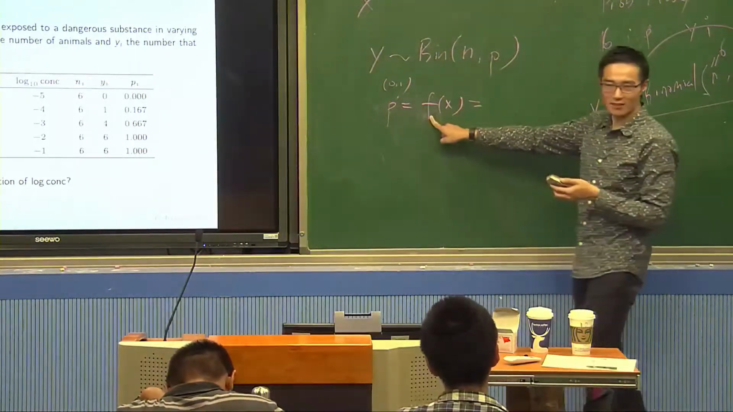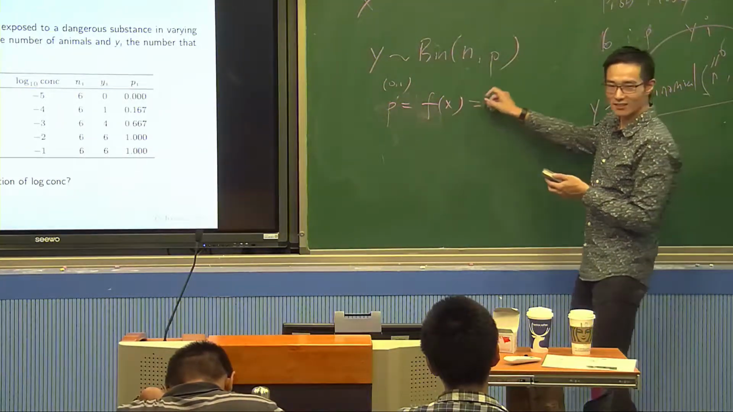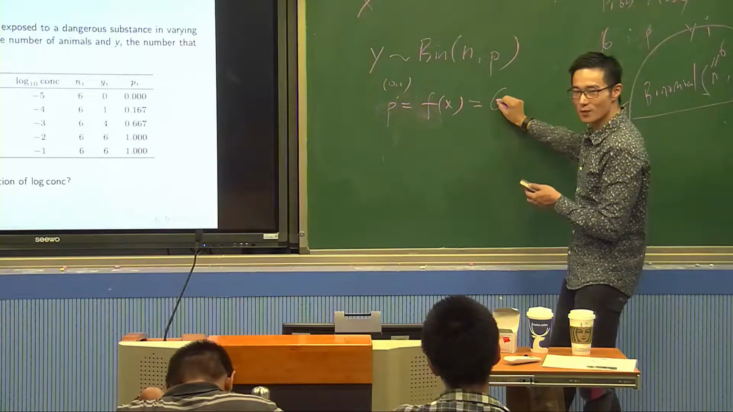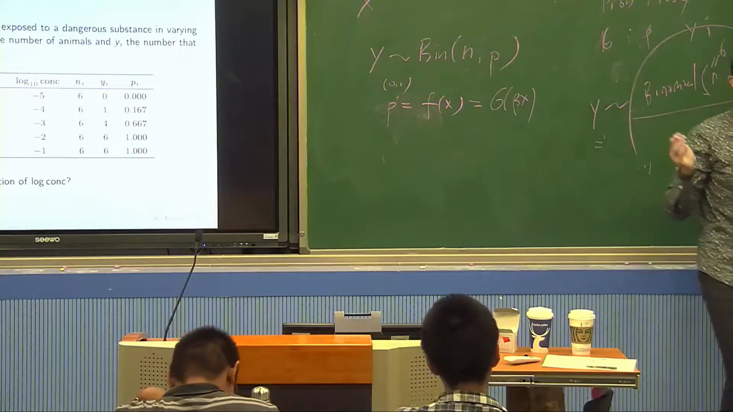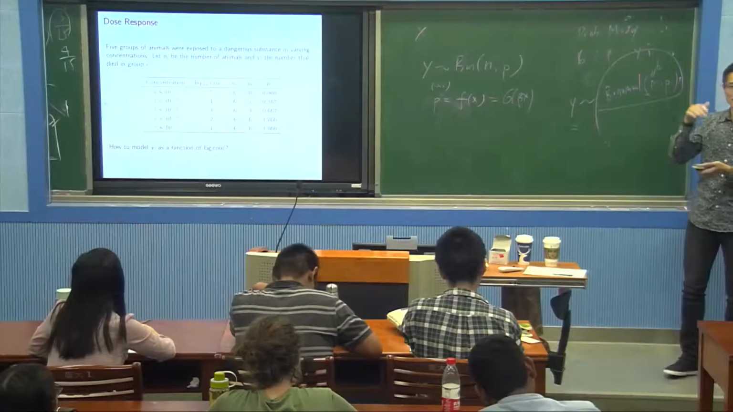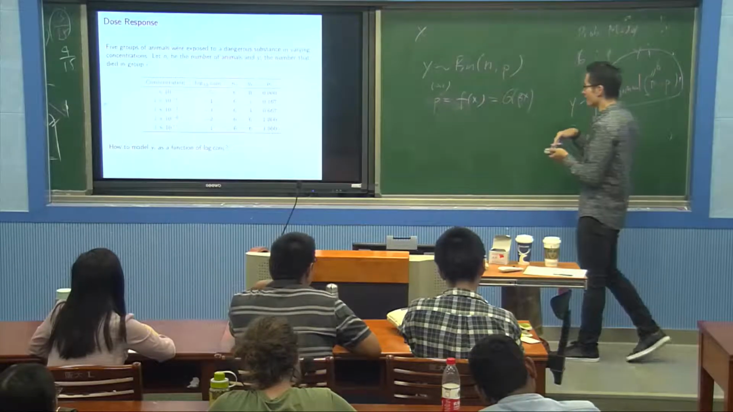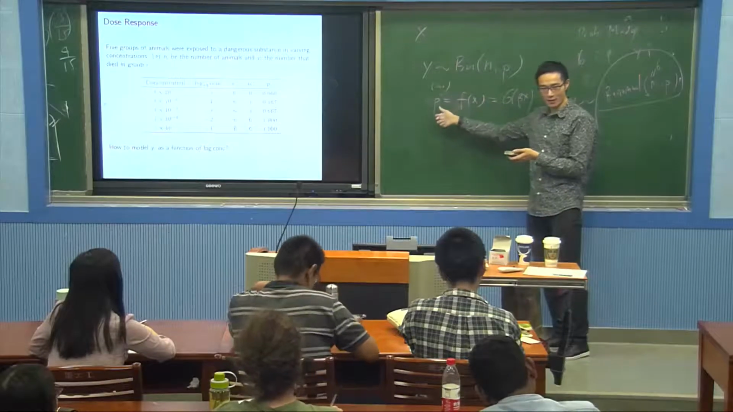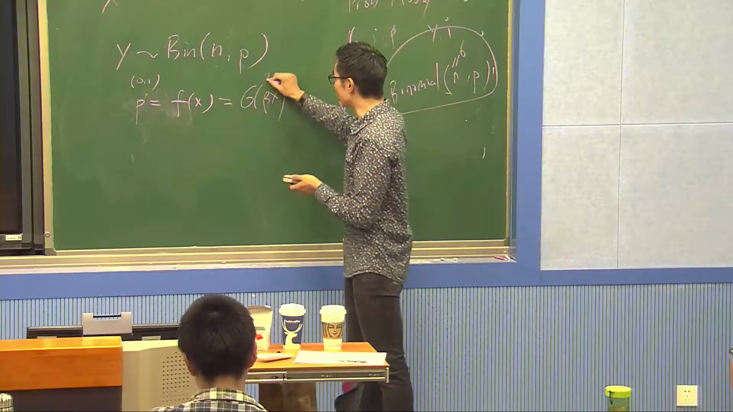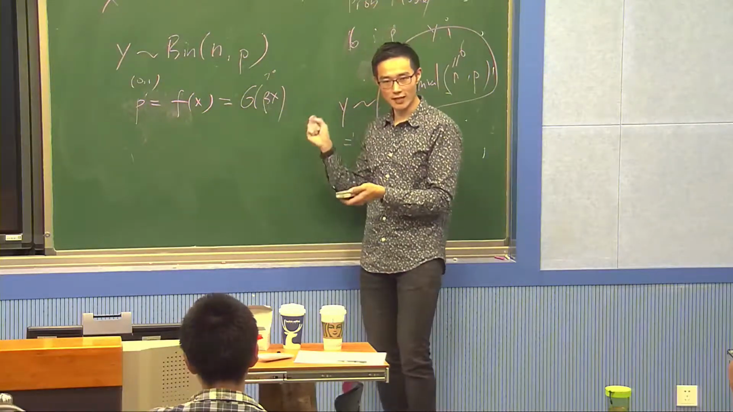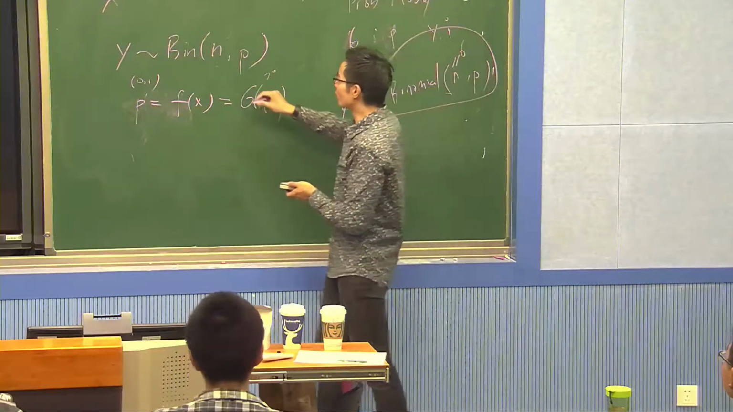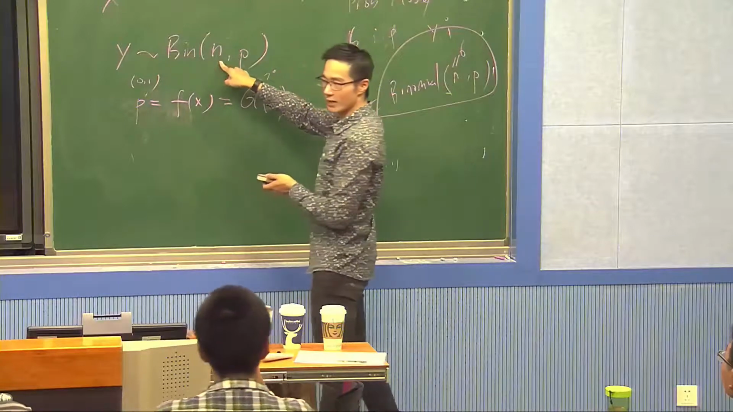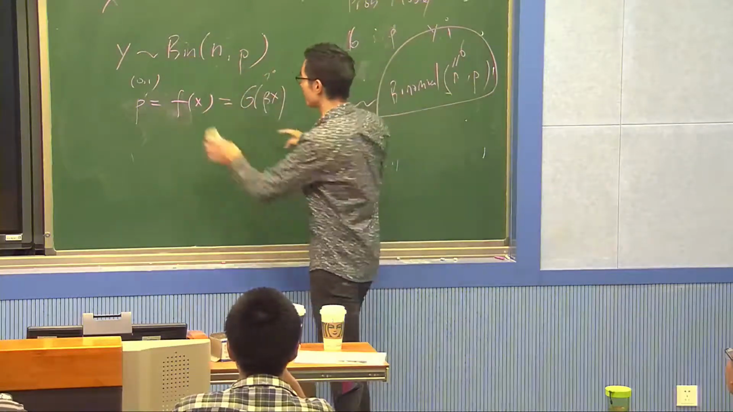What is F? How can I model this? Sigmoid beta X, okay? It's very simple. I want this to be bounded between 0 and 1. And if higher concentration leads to higher probability of dying, then this beta will be larger than 0, right? Larger X leads to higher probability of dying. So if we assume Y is binomial and P is sigmoid